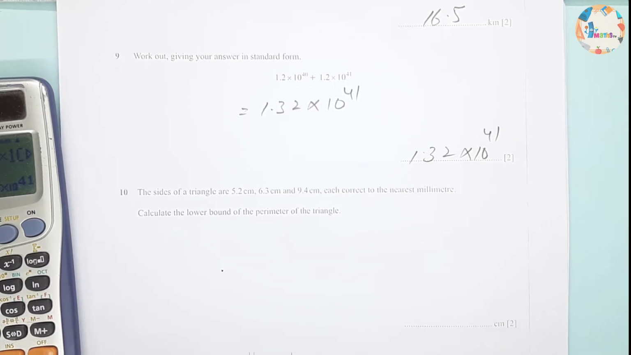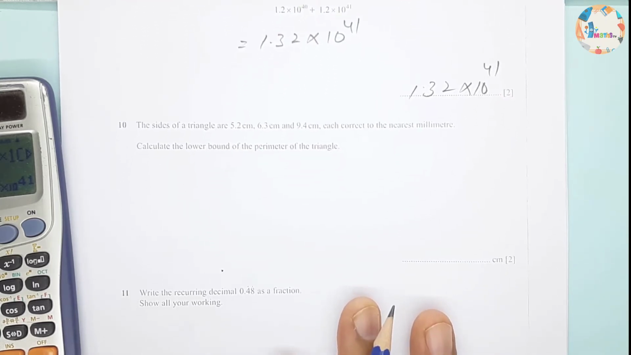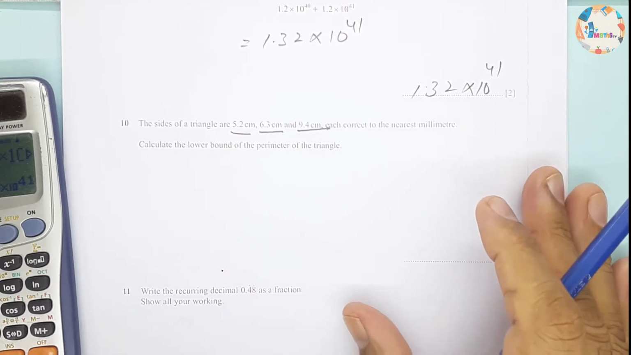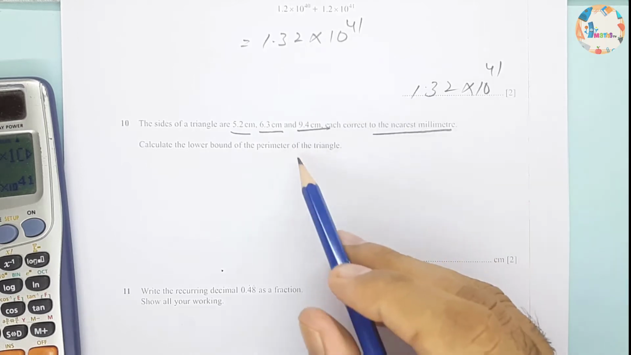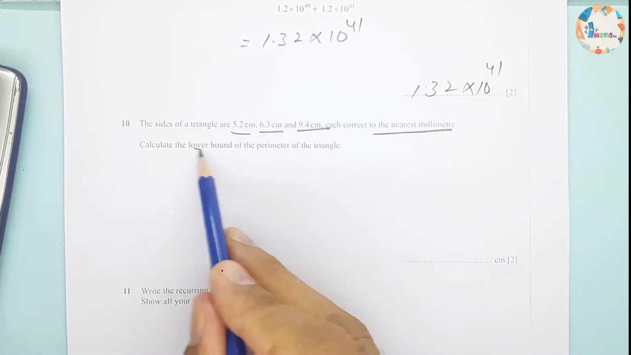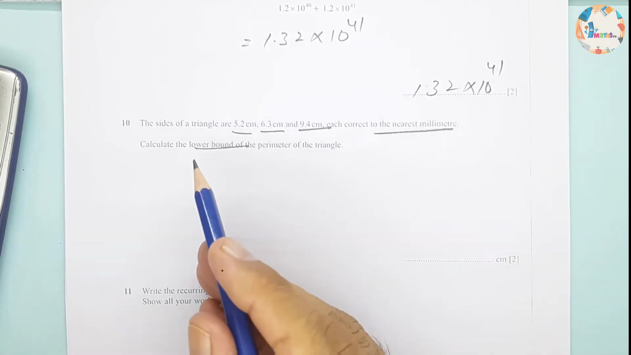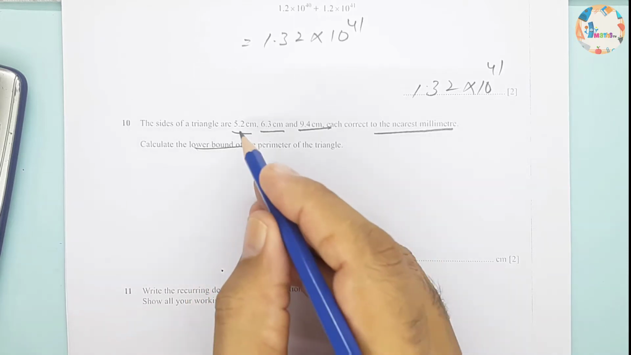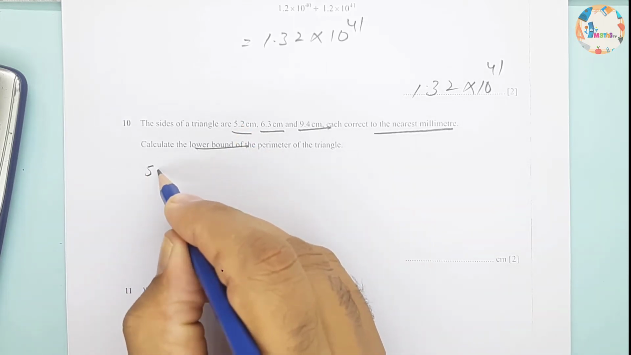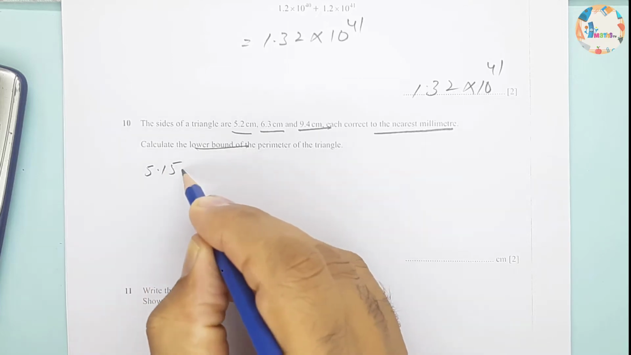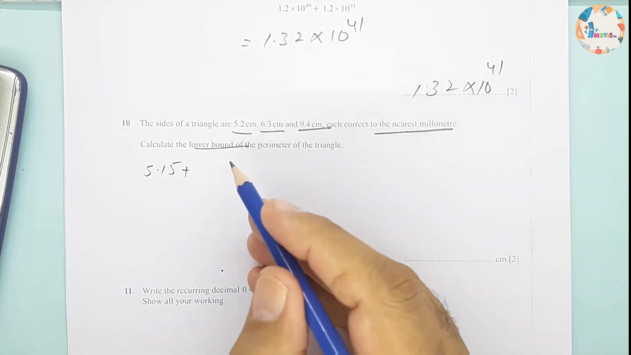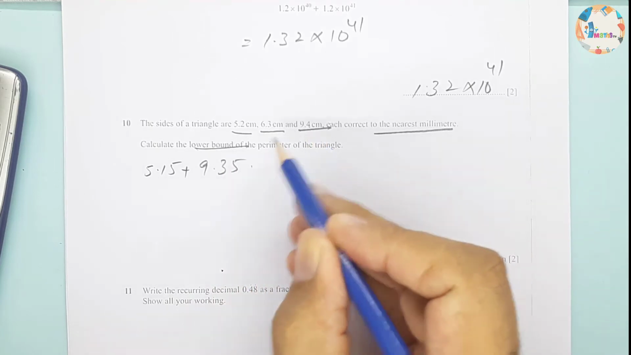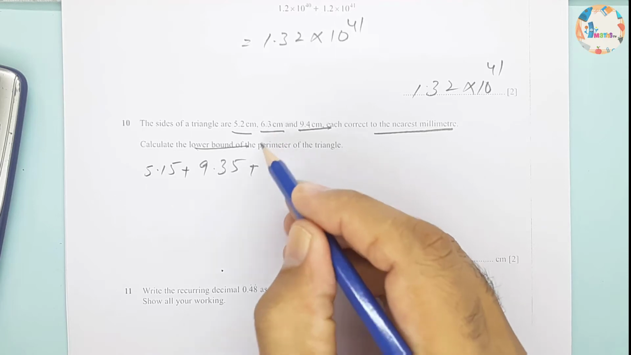Question number 10, the sides of a triangle are 5.2 centimeter, 6.3 centimeter, and 9.4 centimeter, each correct to the nearest millimeter. So it's lower bound and upper bound. Calculate the lower bound of the perimeter of the triangle. So we'll write lower bounds. Lower bound of 5.2 will be 5.15. Similarly, lower bound of 9.4 will be 9.35, and lower bound of 6.3 will be